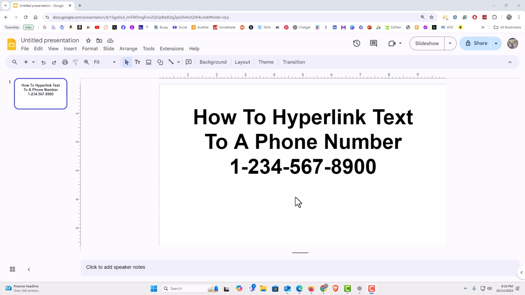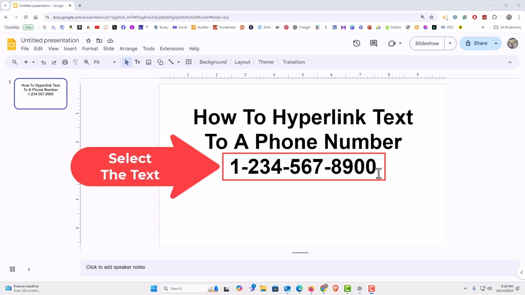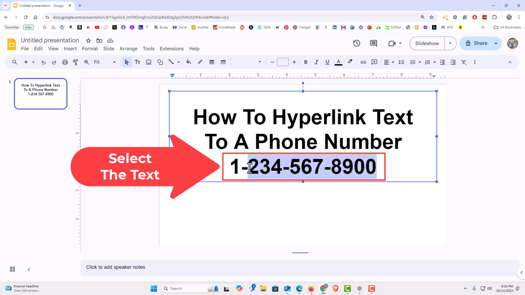To hyperlink text to a phone number in Google Slides, it's very easy to do. Say that this phone number right here I wanted to make into a clickable link to where if somebody clicks on it, it will call a phone number. First thing you want to do is select the text that you want to hyperlink. I'm going to hold down my left mouse button and drag across the text that I want